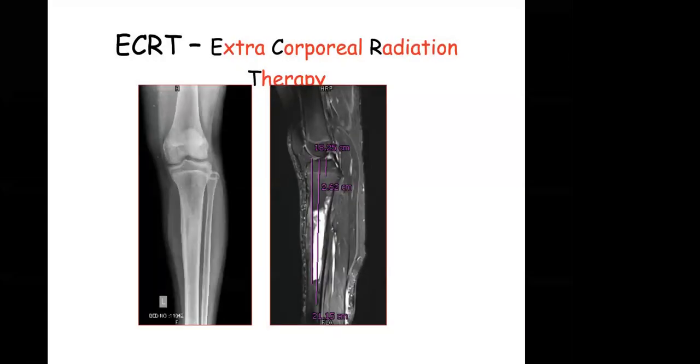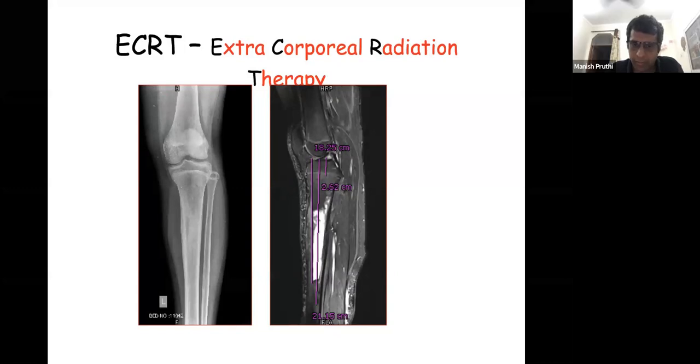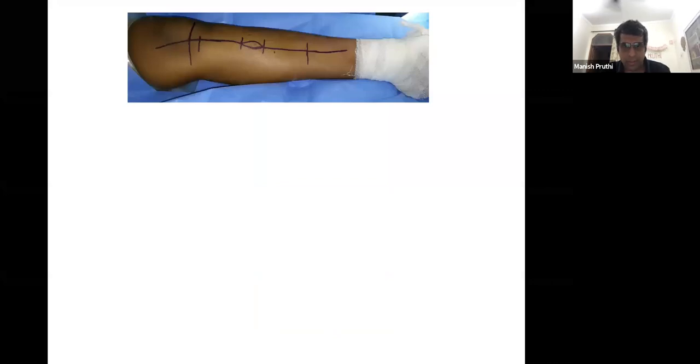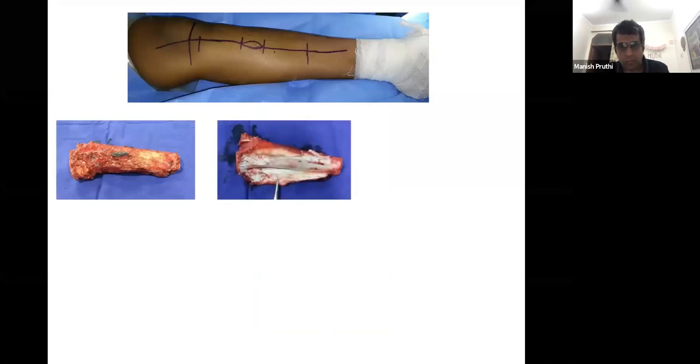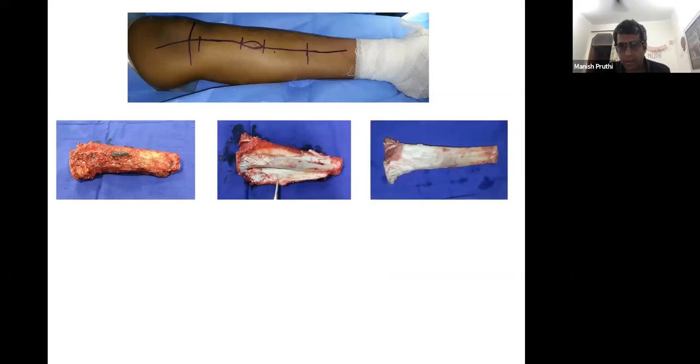This is an Ewing sarcoma of the proximal metadiaphyseal area of the tibia. As you can see, the proximal and the distal joints are spared, and we have calculated our resection length also. This is our skin incision, and we can see the biopsy scar is islanded. Once this tumor bone is resected, it is stripped of the soft tissue on a separate trolley. Because now we are contaminating, we are opening the tumor site, and we need to re-scrub after we do this. And this is the tumor bone after stripping of the soft tissue.